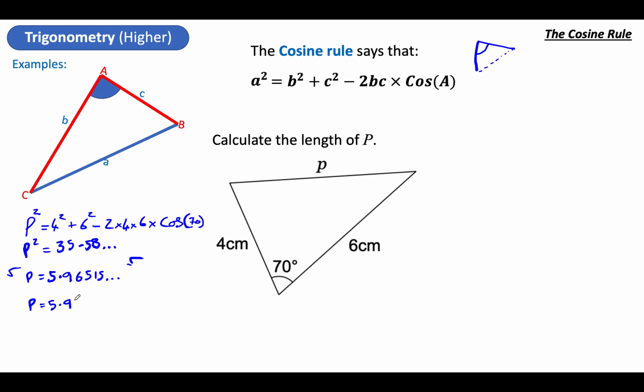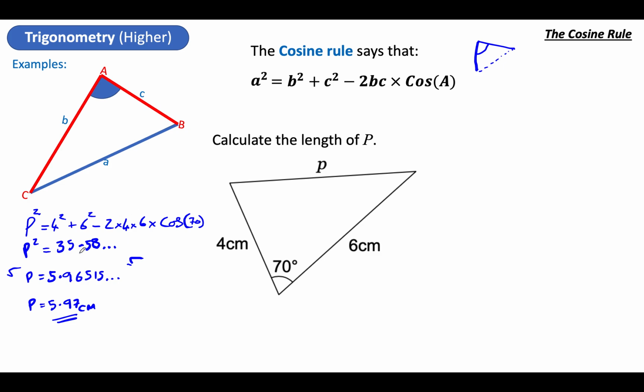The 5 means I round up my 6 to a 7. All right, so to 2 decimal places, it's 5.97. Look at the triangle. Does it sound reasonable? Certainly 35 would have been way too big. Yes, it is. So really, the cosine rule is an equation you need to remember, and you just need to